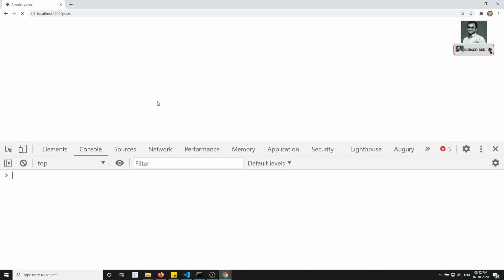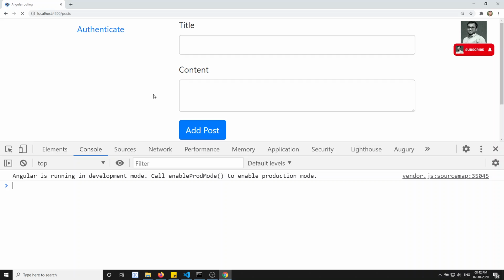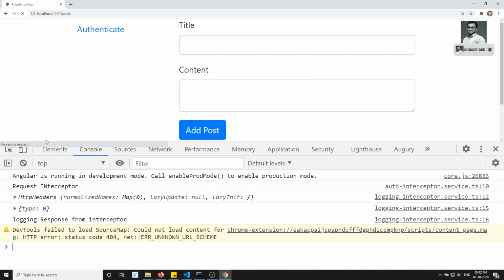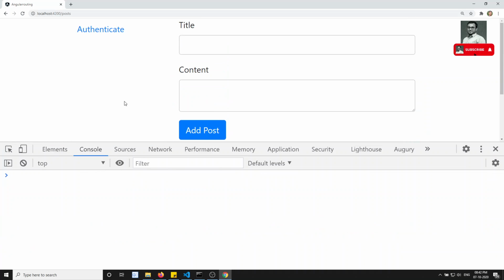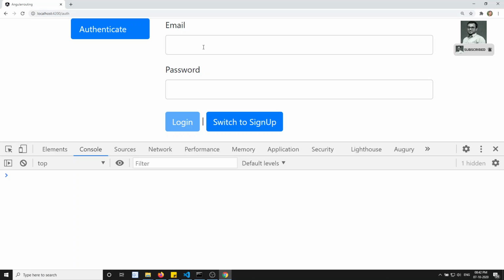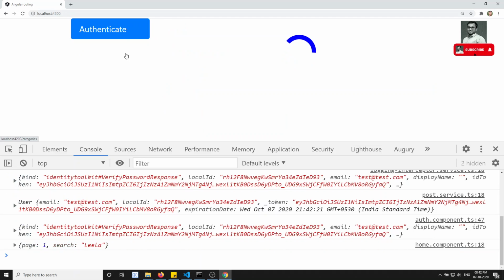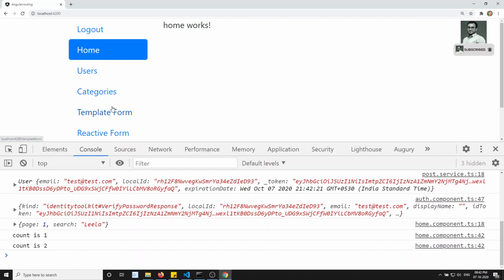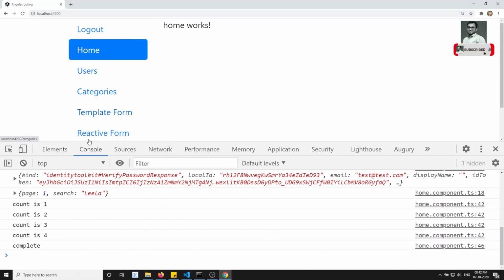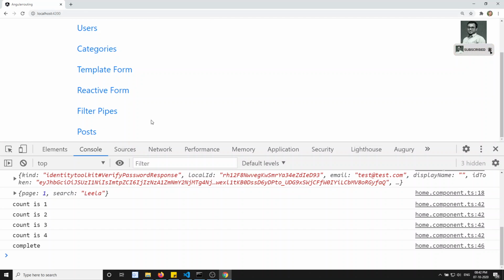Now it went to the authentication place, and if I write test@test.com and 123456 and click on login, this navigation place is there. That is the reason the subscribe is in active mode. Why? Because the navigation component is active in this page, but the post component is not active in this page.